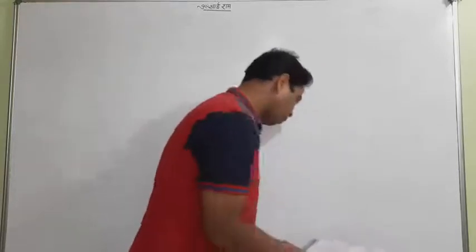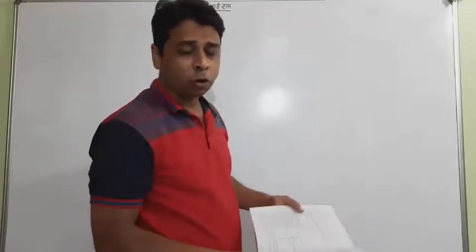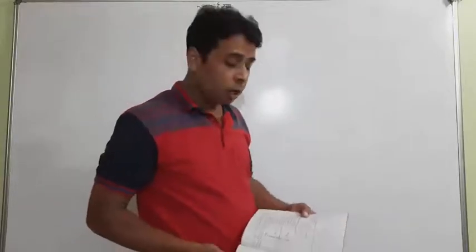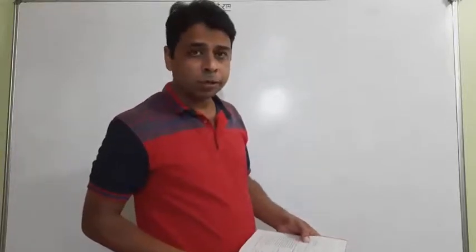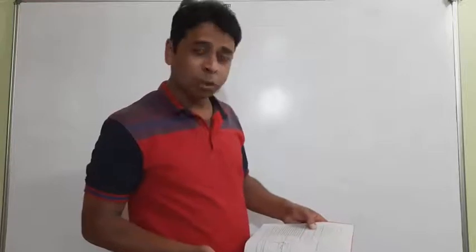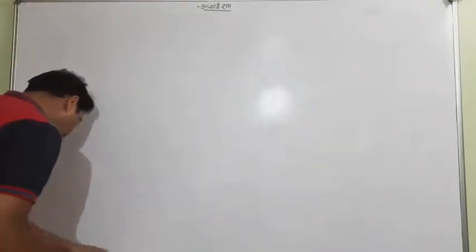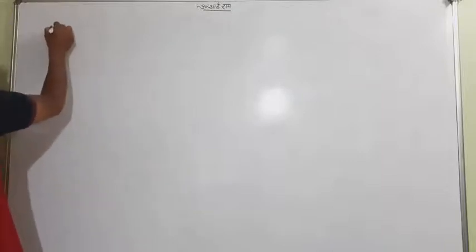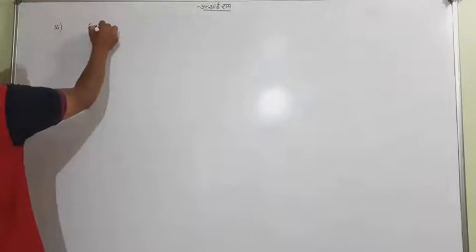We are told here to find the multiplicative inverse. I taught you what the multiplicative inverse is. Multiplicative inverse of 4 minus 3i is 1 upon 4 minus 3i, and do the rationalization, same as all. So question number 40, I just wanted to tell you. Express in the form of a plus ib. Same question.